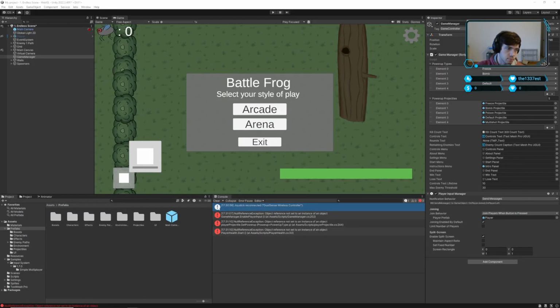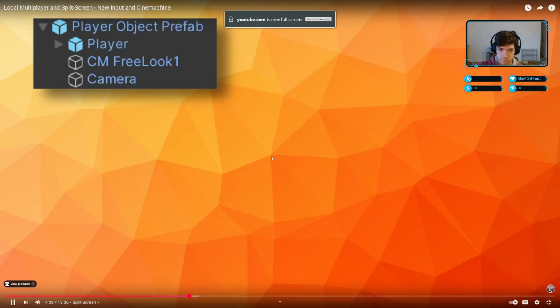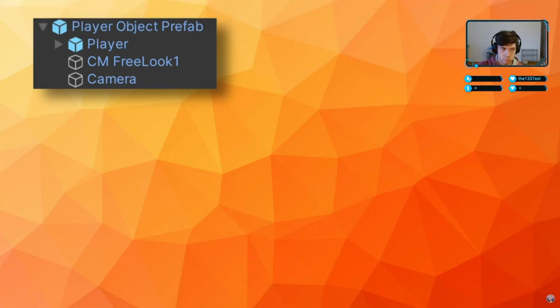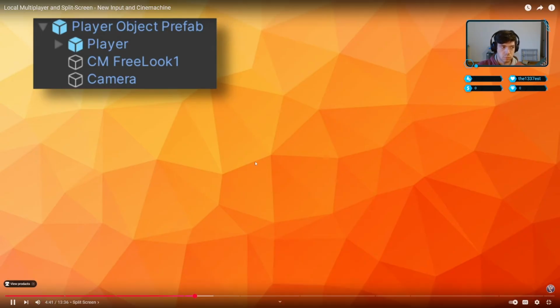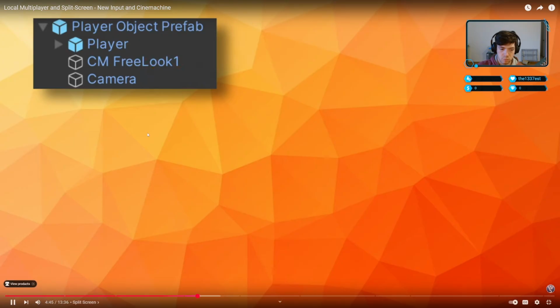Okay. If you want each player to have their own camera, for example in a first-person shooter, the next step is to make sure that the player prefab has a camera component, so that when each player object is instantiated, it has its own camera object. In my case, the camera and the player object need to be separate objects, and I'd guess this is true for many games. Okay, so what happens if I